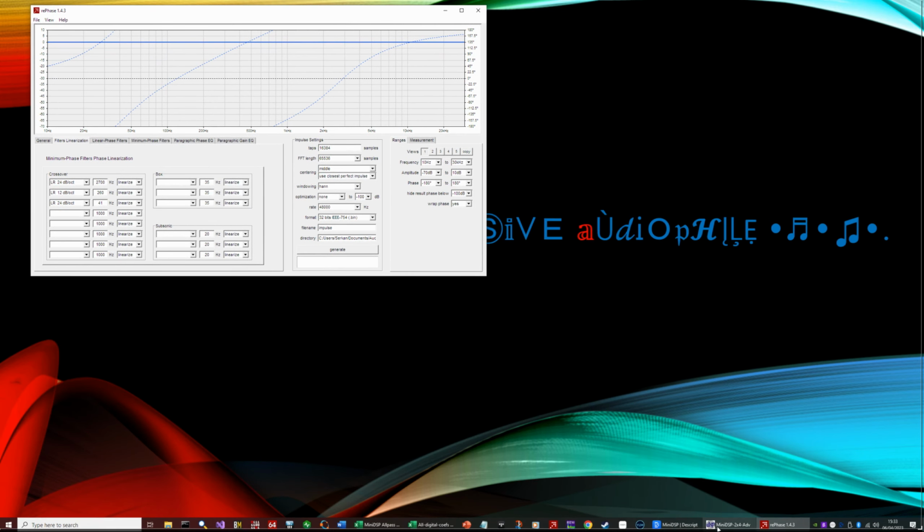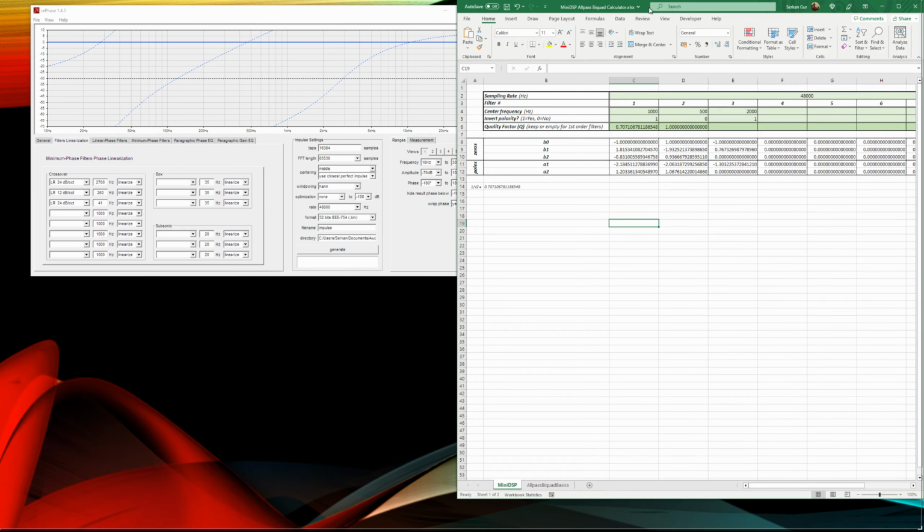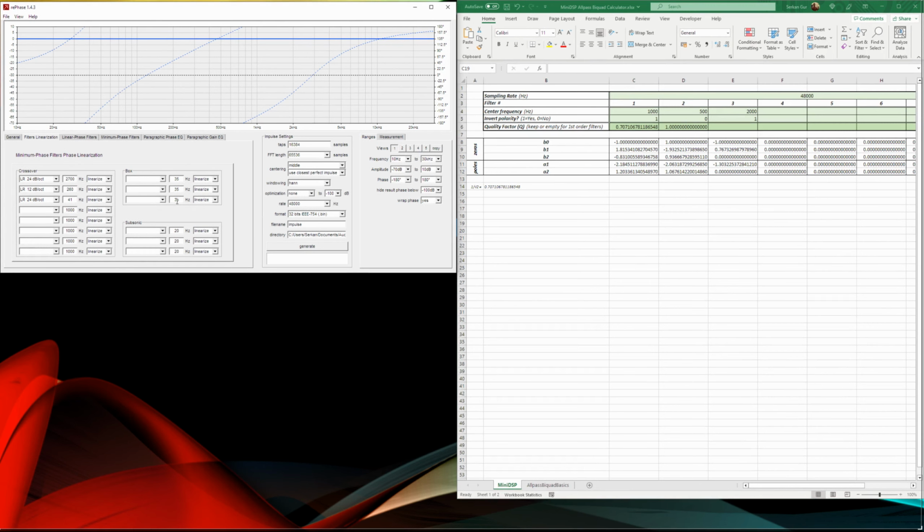So with the Excel file, all you have to do is enter these filters here. All of them are polarity inverted. So 1, this stays the same. When you have a Q value here, it understands it is second order, so it will be a 24 dB per octave all pass filter, second order actually, which is the required correction for fourth order Linkwitz Riley.